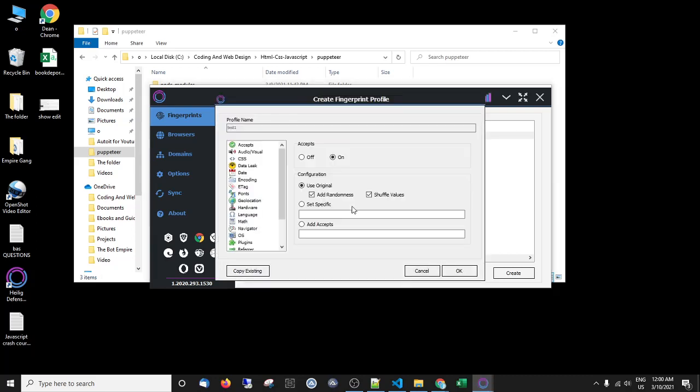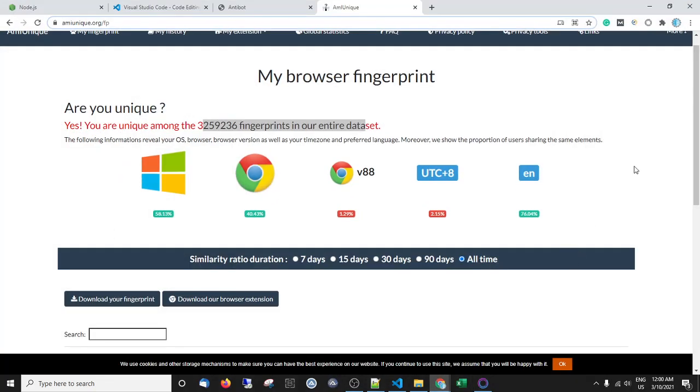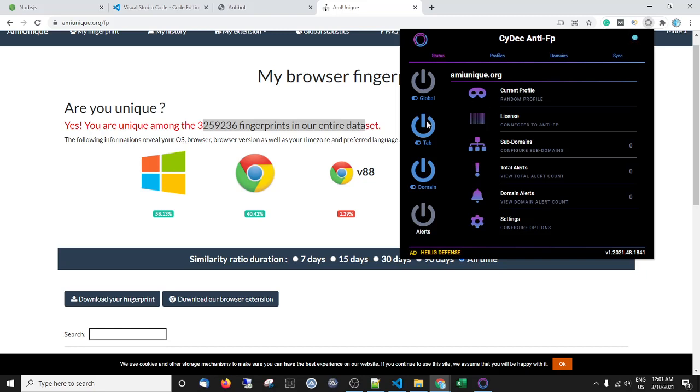Modify. You can make it pick random stuff, or you can pick particular ones for your user agent, time zone, your screen size, navigation, all the stuff that gets checked or possibly can be checked when they check your fingerprint. Then there's a plugin, an extension that comes with it. You open it and then you can turn it on for certain sites or for certain tabs, and it will then change your fingerprint. You can use this with Chromium as well,